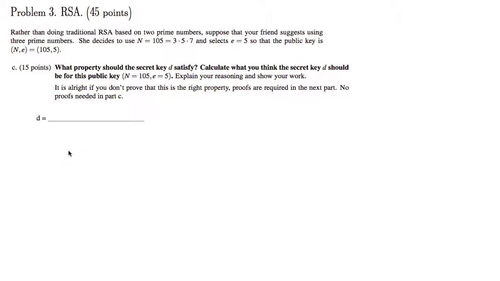that when you raise a number to the power of E and then raise it to the power of D, here E is a number which is part of the public key, and D is the number which is part of the private key. If you do that, then you get x to the power of ed, obviously. We want this number to be equal to x mod n,